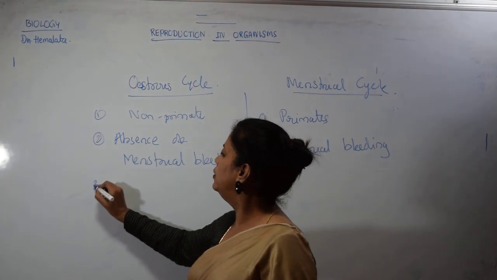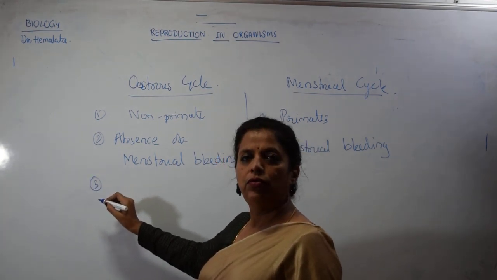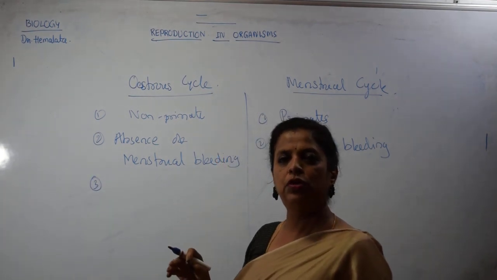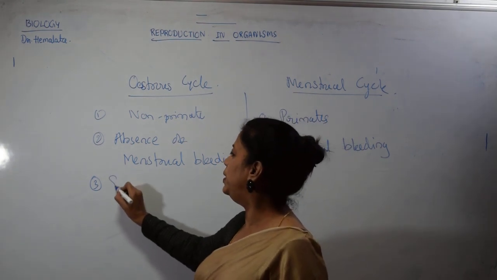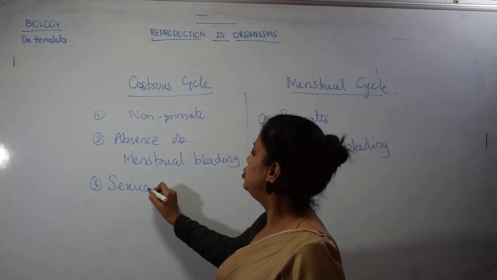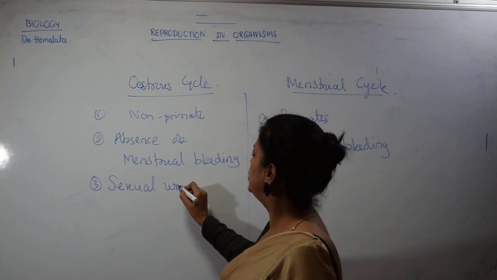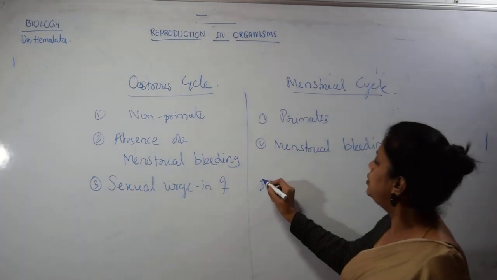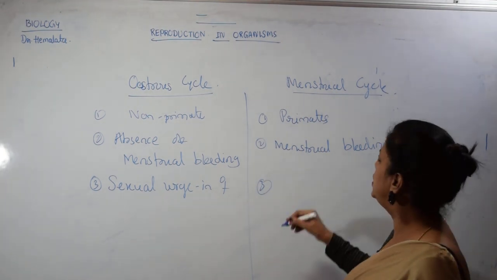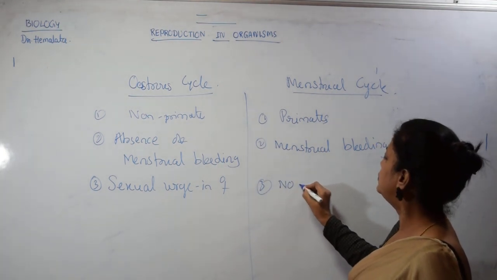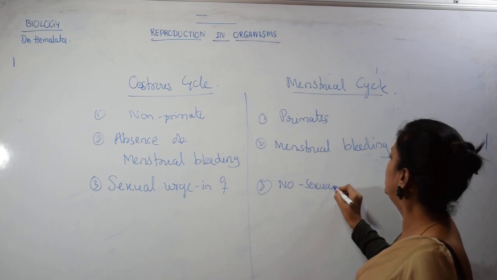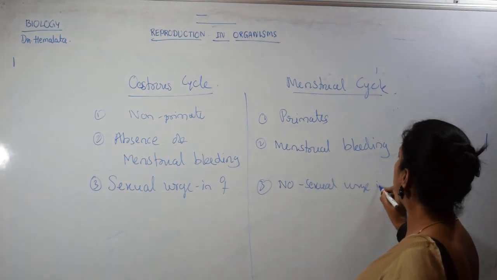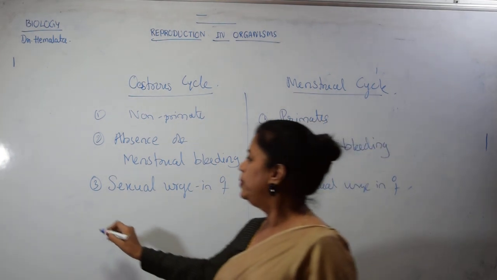Now, third one, in the estrus cycle there is a huge sexual urge in females. Such sexual urge is not observed in the menstrual cycle. There is no sexual urge in females. Okay. Then fourth one,